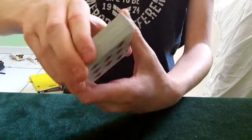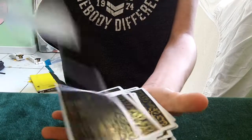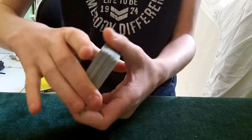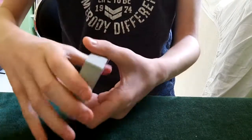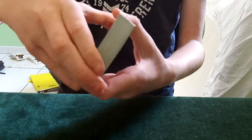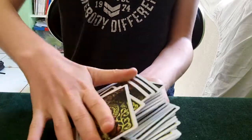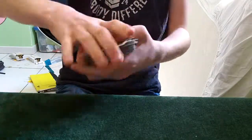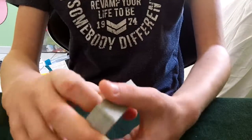Now to catch the cards, your hand's going to be positioned like this, and what I do is I spring a few cards before my hand goes up, because otherwise you can see when I'm going to do it. Your hand's got to stay completely straight. Now if your hand stays like this, it's all going to glide away, and if you do this in mid-air, like that. By the end of this tutorial you're going to expect to have cards all over the floor,